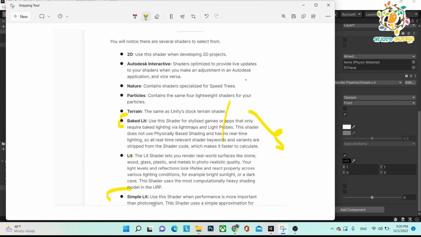Here you can see simple lit. Use this shader when performance is more important than photorealism. Means if you are not much concerned about your graphics and you are just worried about the performance, at that time you should use the simple lit, and this lit uses a simple approximation of lighting. Okay,